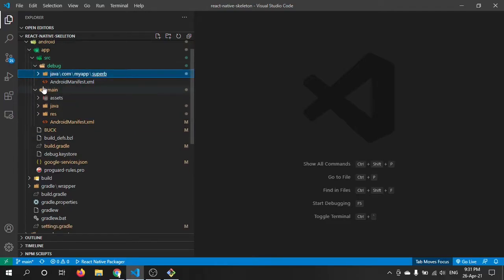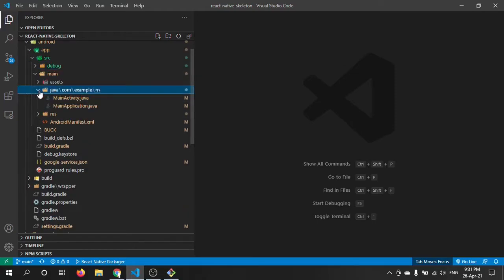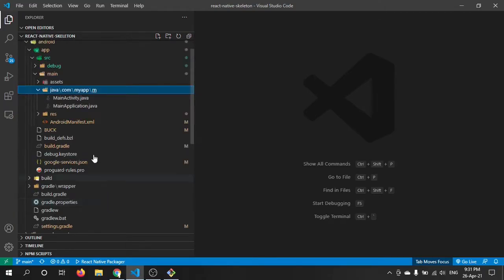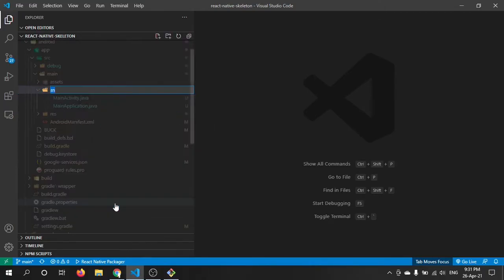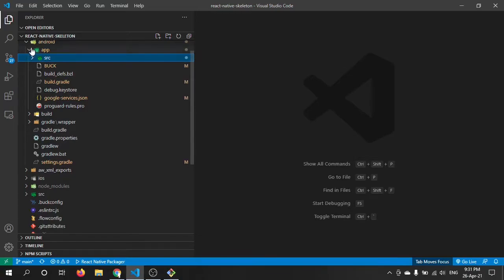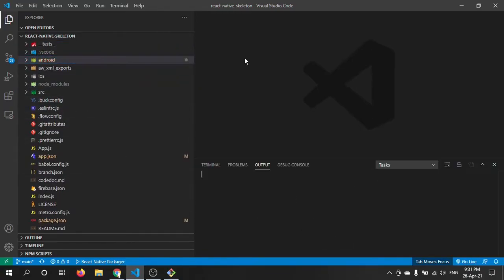So we have made some changes inside the debug folder. Also, we will have to do it in the main inside Java folder as well. Cool. Now we are done with our changes. Now we can run our application.